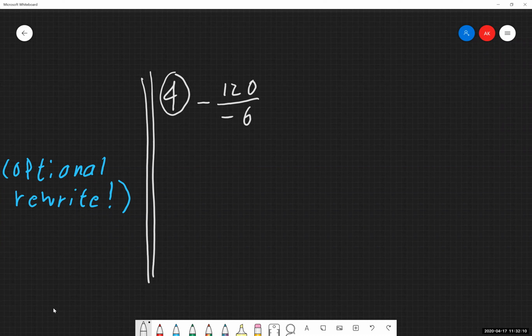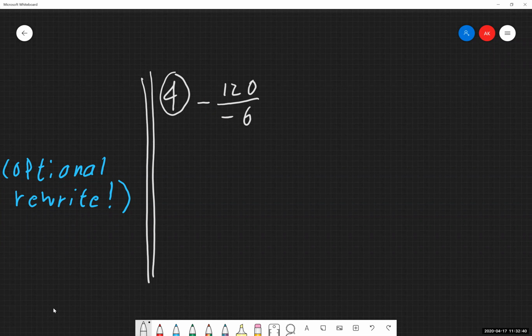So first and foremost, we could look at this and say, well, I've got double signs showing up here. I have a negative here and I have a negative here. So we could actually work with the signs here and now before we actually go into doing any numerical calculations. So for the sake of seeing how that works, let's go through that. So I have a negative divided by a negative. That's going to give me a positive answer, which means whatever 120 divided by 6 is, I'm going to have a positive answer from that.